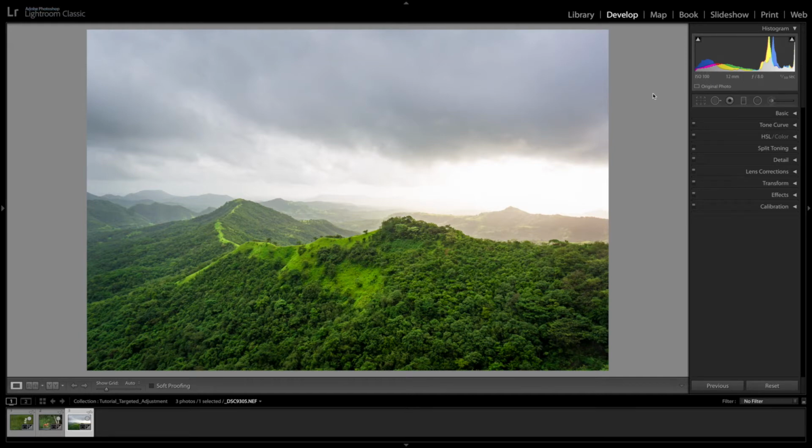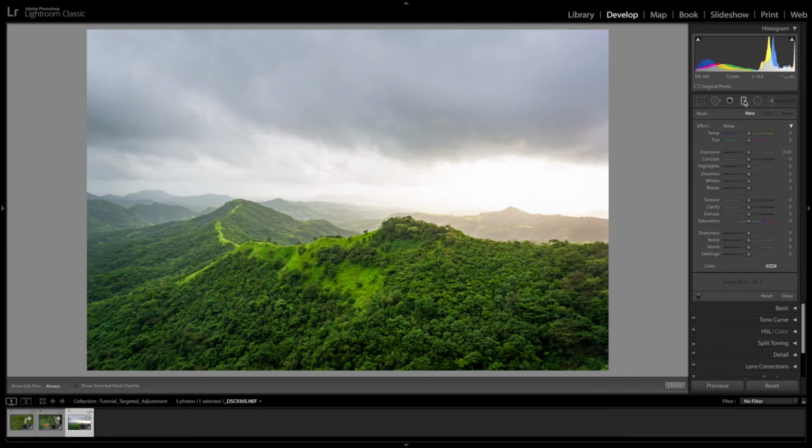We are in Adobe Lightroom and this is the develop module. On this sky, we are going to make targeted adjustments. This is a graduated filter and the keyboard shortcut is M. So let's go ahead and make the sky beautiful. I have selected a graduated filter, then press shift and apply the graduated filter,